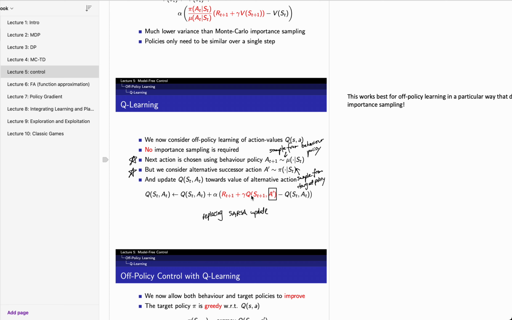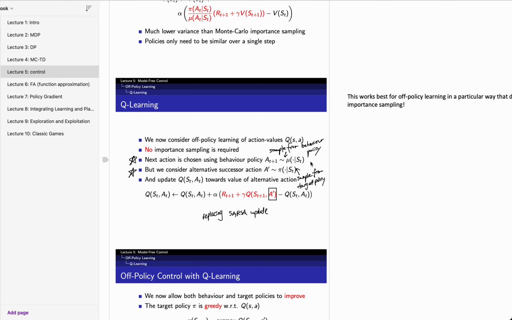So for off-policy Q learning, the action to take is sampled from the behavior policy mu. So after I take this random action from mu, I will use my successor action A prime to update my Q. So A prime is still taken from the target policy pi. As you can see here, I'm still using A prime, which is sampled from pi, to update the Q. But the action that I'm going to take is actually from a behavior policy. So it's like